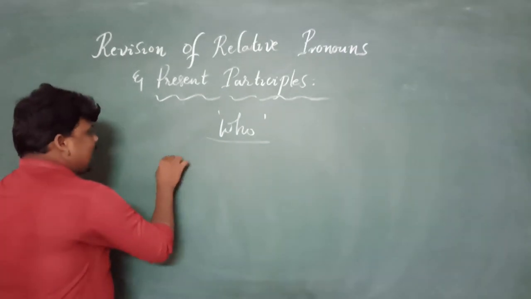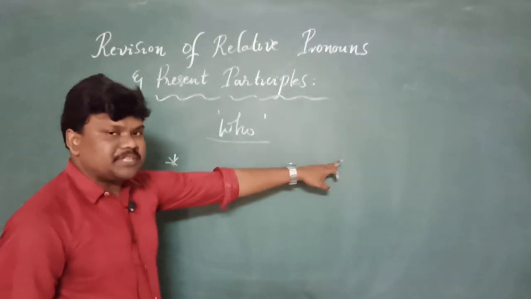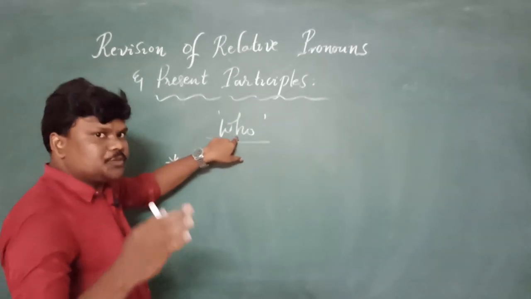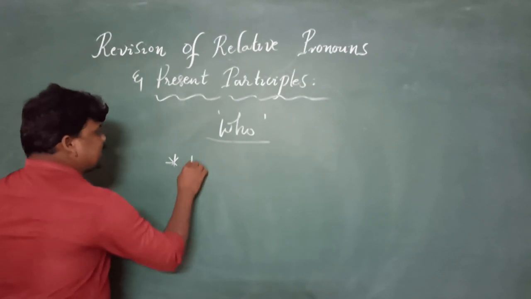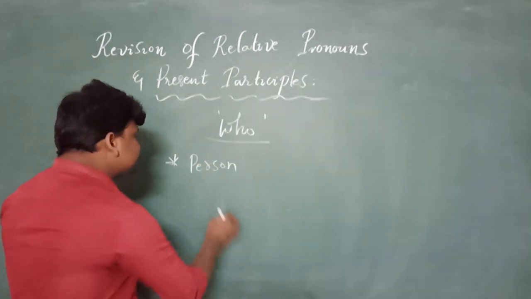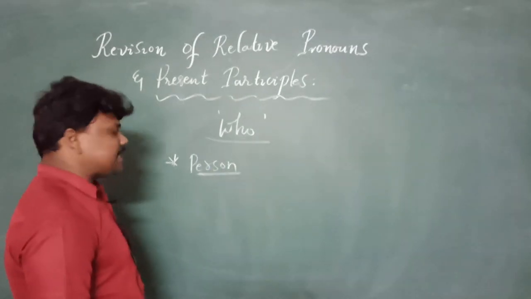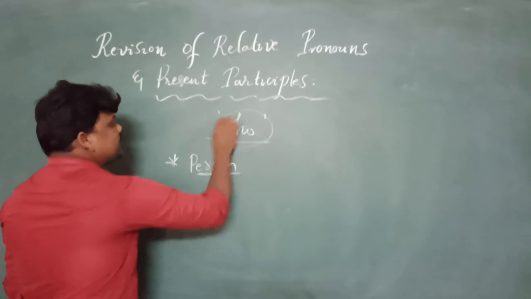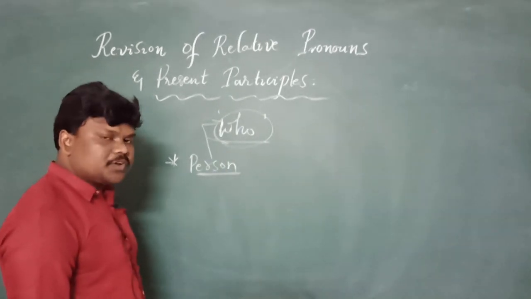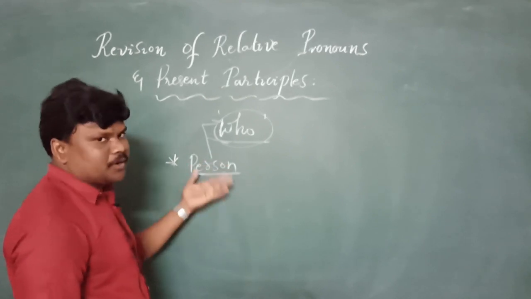As I have given two sentences in the examination, if at the end of the instruction I gave who, the first and foremost thing is to identify where the person is in the first sentence. Identify the person and underline it immediately, because who is always followed by the person name, either in the naming mode or in the pronoun mode.